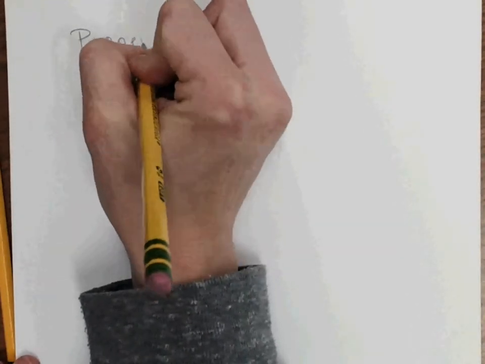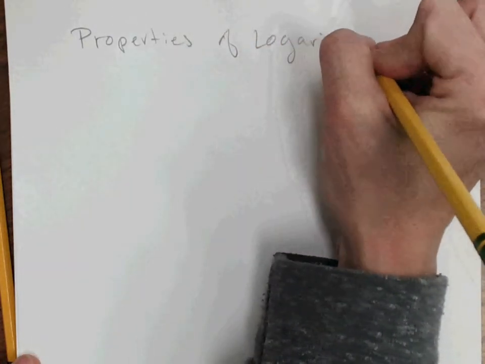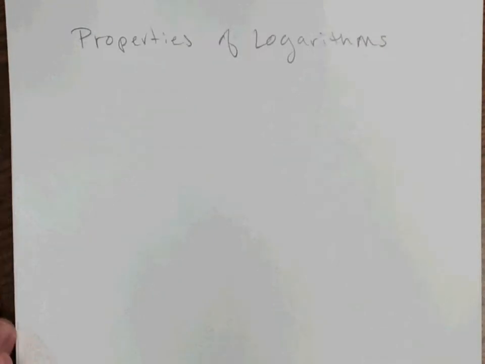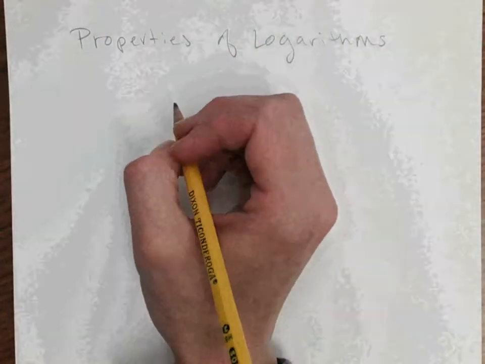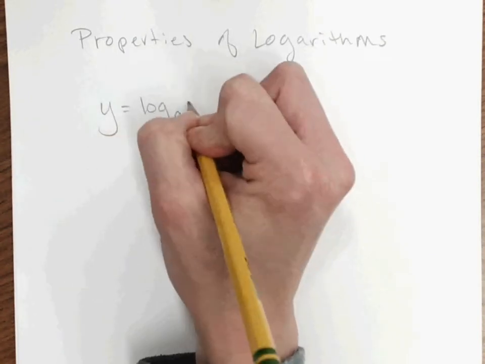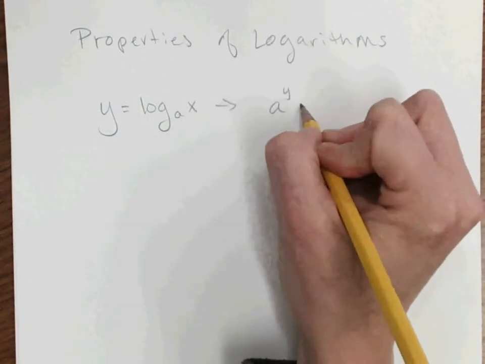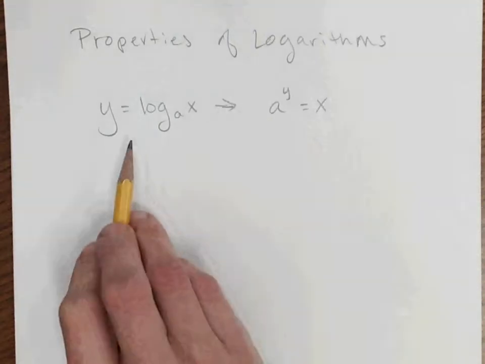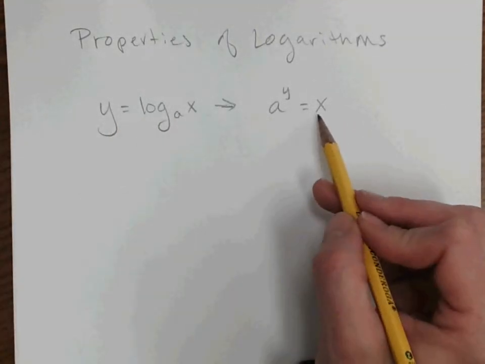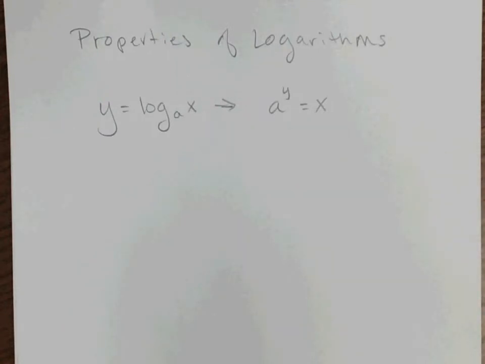Today what we're going to look at is properties of logarithms. Now, if we remember what we were looking at last section, we were looking at logarithmic functions and seeing how they work. We remembered that if I had y is equal to log base a of x, that can turn around into a to the y is equal to x, right? We looked at that relationship between our logarithmic functions and our exponentials. And what we're going to look at today are some really cool ways that we can use the